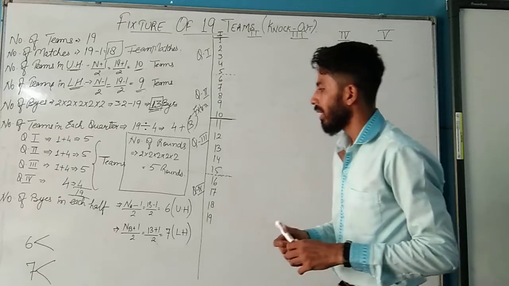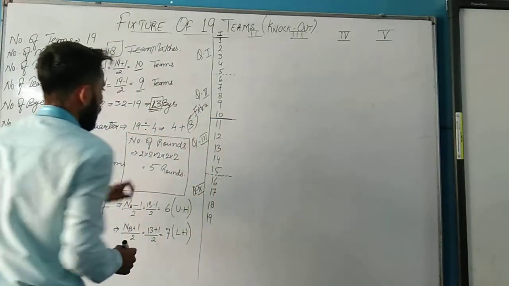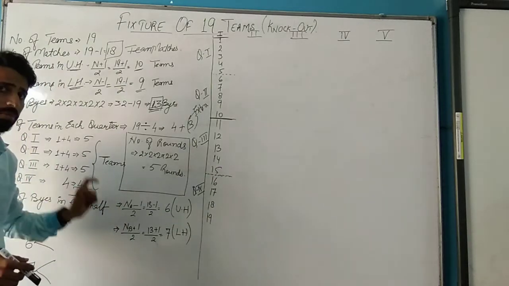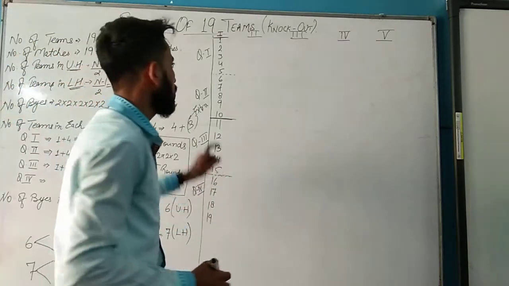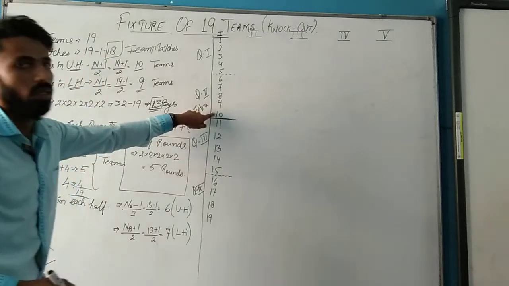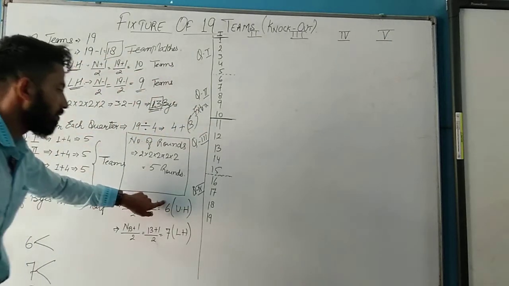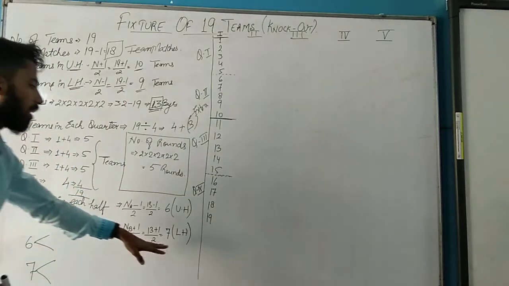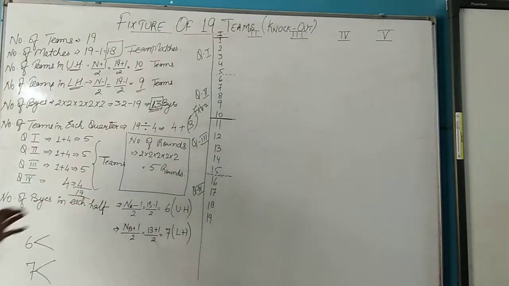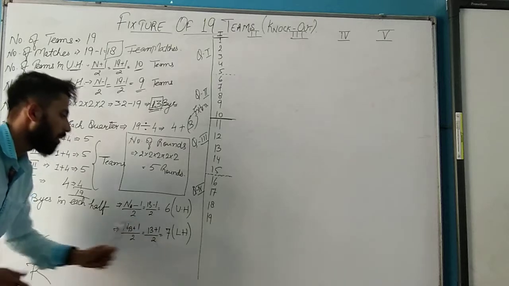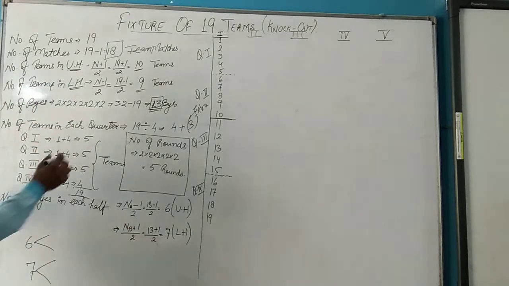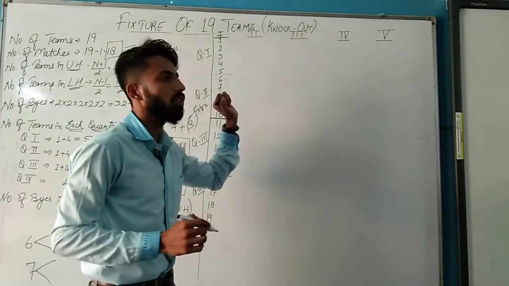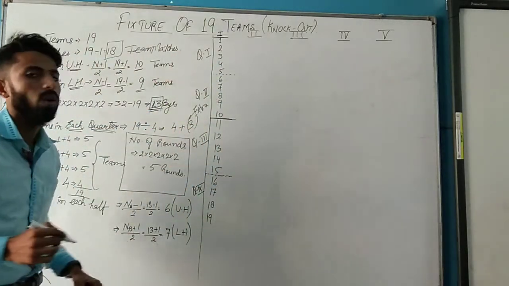अब ये चीज आपको कॉमनली ध्यान रखनी है कि हमेशा जब टीम्स मैक्सिमम ऊपर होंगी तो बाइस मिनिमम ऊपर होंगी. Means there are 10 teams in upper half, so the byes will be less, that is 6 byes in upper half and the remaining 7 byes in lower half. अब इन 6 और 7 byes को as per the calculation of each quarter, how we are going to divide these byes in these different quarters.